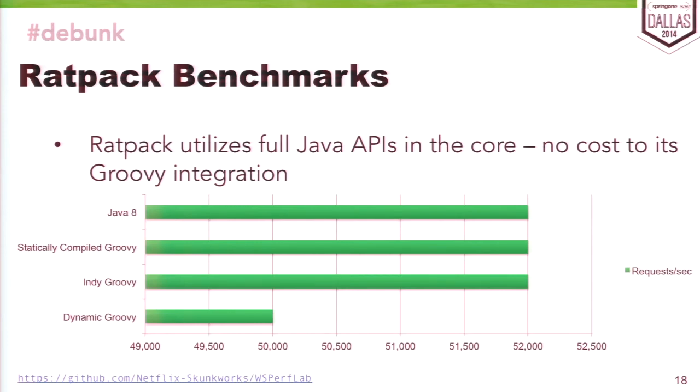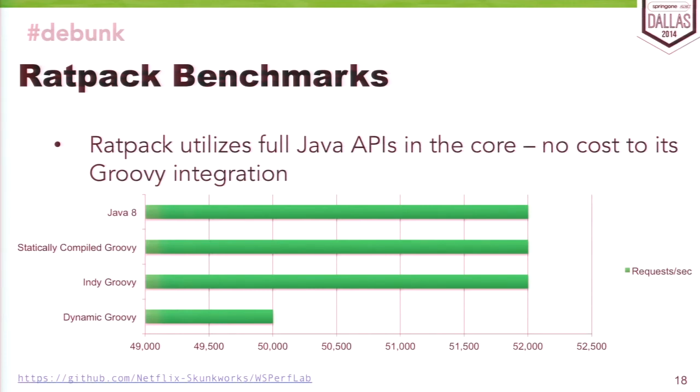So you can affix a Groovy DSL on top of it, which is something that we've done. You can write all your applications in Groovy. The actual framework is not going to cause you any performance loss. But I wanted to see what is going to be the cost of using Groovy at the application level, doing something more than just a simple hello world. So I ran some tests against Java 8, which is extremely performant, against statically compiled Groovy, against Groovy with invoke dynamic support, and finally against dynamic Groovy.